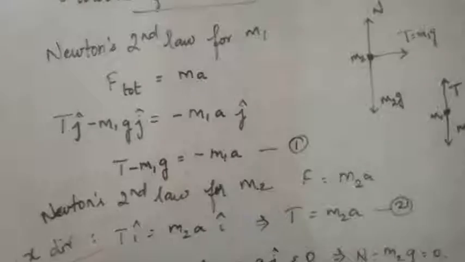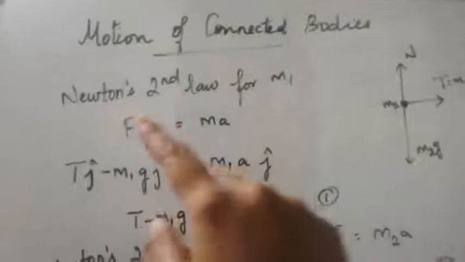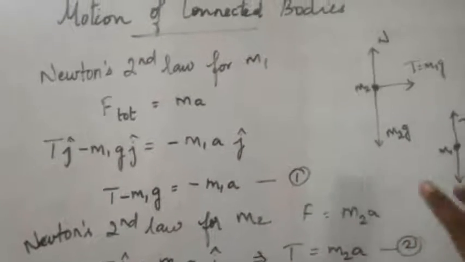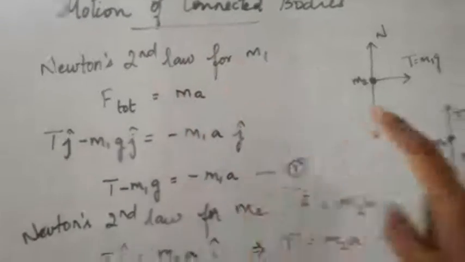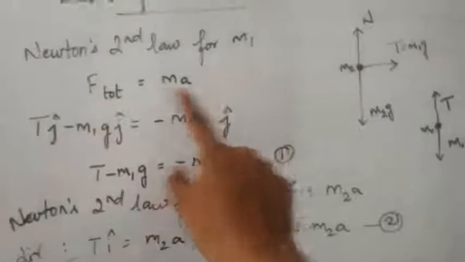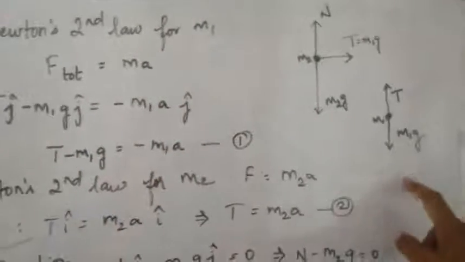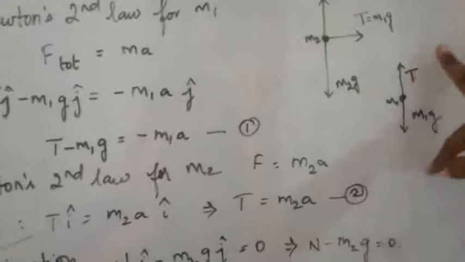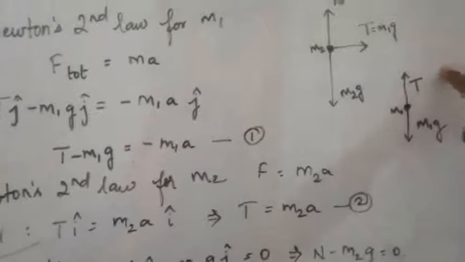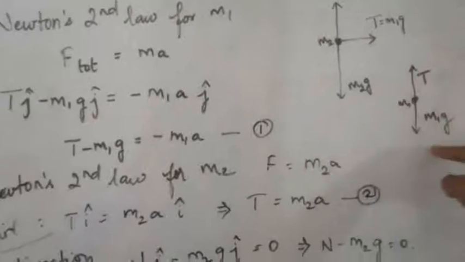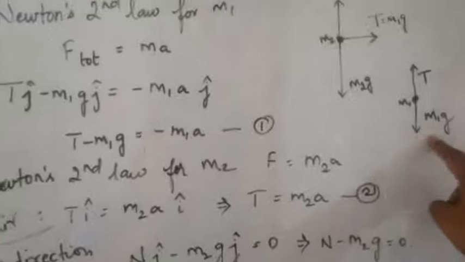Next we will be moving on to the derivation part. So we have to apply Newton's second law for both the masses, isn't it? For the vertical case also we did the same. So let me apply Newton's second law for mass M1. Newton's second law is nothing but F total equals MA. So what is the total force acting here? Two forces, tension force and M1G. As they are in opposite directions, one is in the positive direction, the other in the negative direction. Always in the y direction, downward force is minus. So this one is minus.